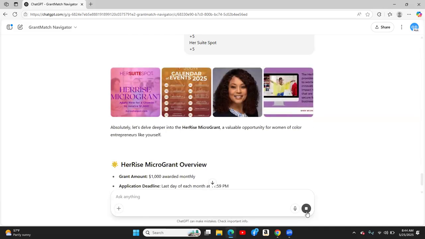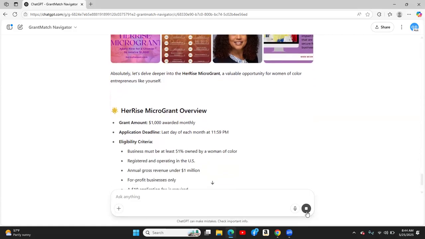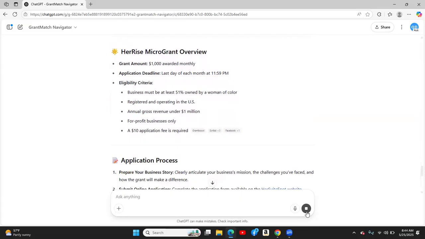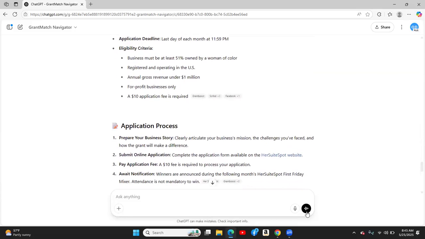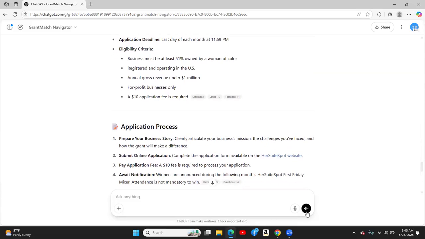All right, it says absolutely. Let's delve deeper into the Her Rise Microgrant, a valuable opportunity for women of color entrepreneurs like yourself. And then it says Her Rise Microgrant overview. You get $1,000 monthly. The deadline for this grant is you have to apply every month by the last day of the month at 11:59 p.m. The criteria: business must be at least 51% owned by a woman of color, registered and operating in the U.S., annual gross revenue under $1 million, for-profit